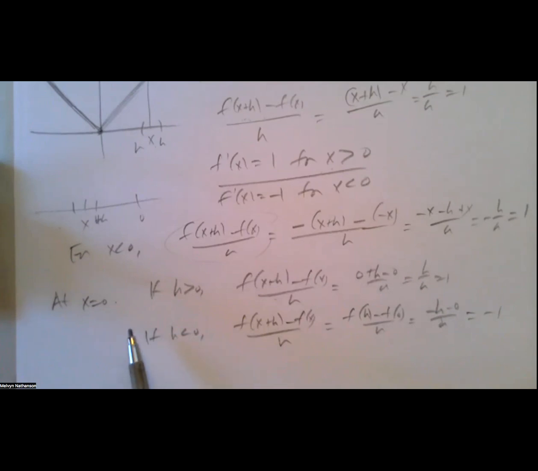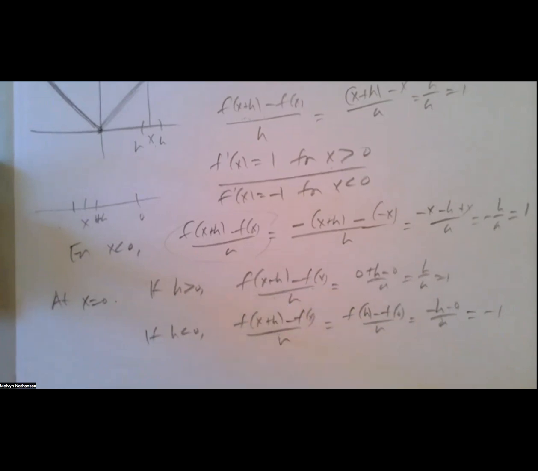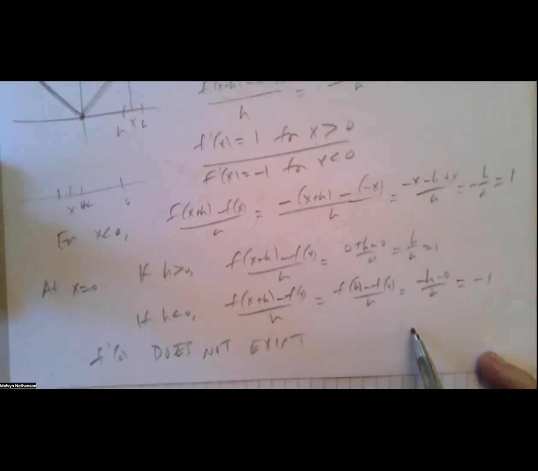So around x equals 0, if you're a little bit to the right of 0, this quotient is 1. If you're a little bit to the left of 0, this quotient is minus 1. So if you take the limit as h goes to 0, it doesn't exist. Because from the right, the limit is 1. From the left, the limit is minus 1. So f prime of 0 does not exist. And in fact, if you wanted to graph the derivative,